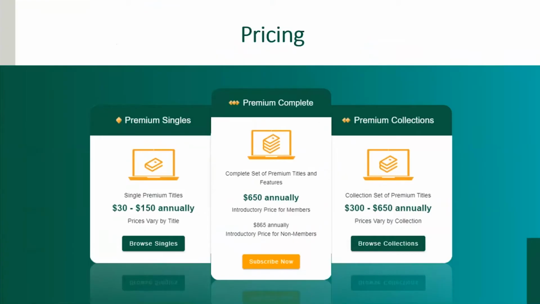As I mentioned, there are different pricing structures for singles. It depends, obviously, on the titles that you're looking for, the premium collections. Also, those will range. And as I mentioned there, the premium complete is for one license. As we go through, you'll see that there are discounts for multiple licenses. And as I'll go through and show you, you can have licenses be concurrent, meaning multiple people could share one